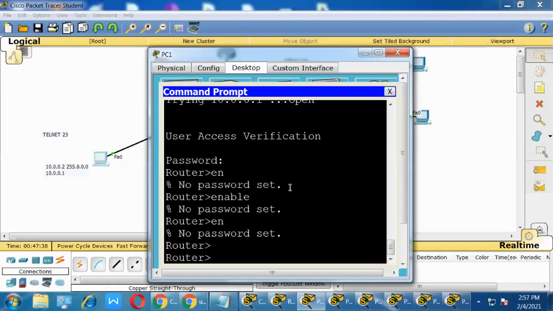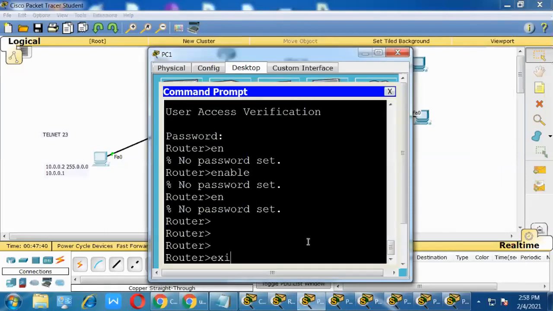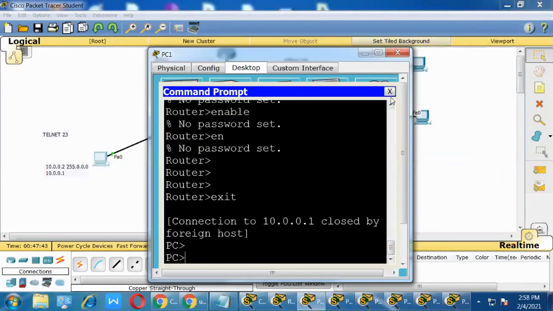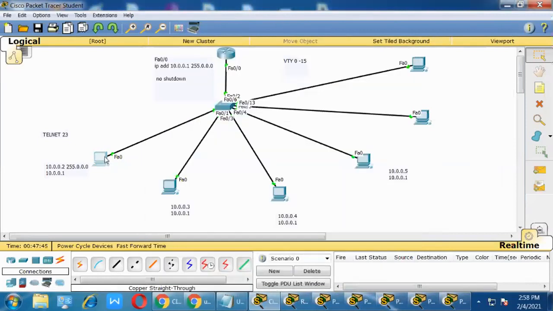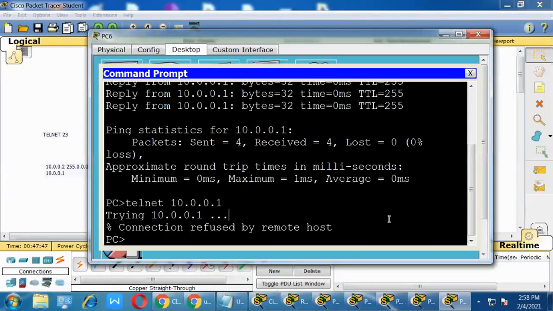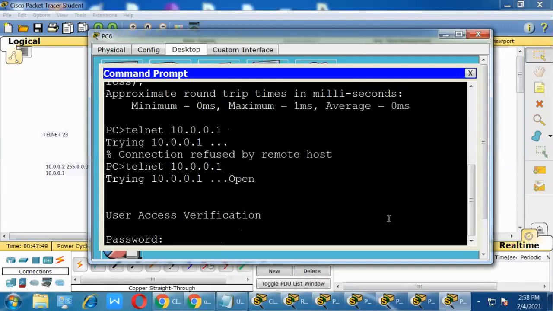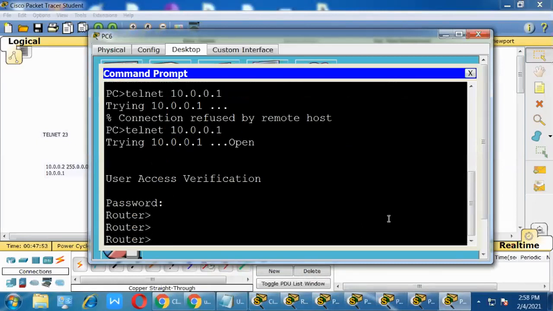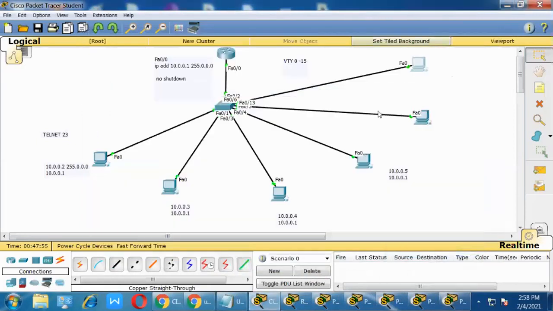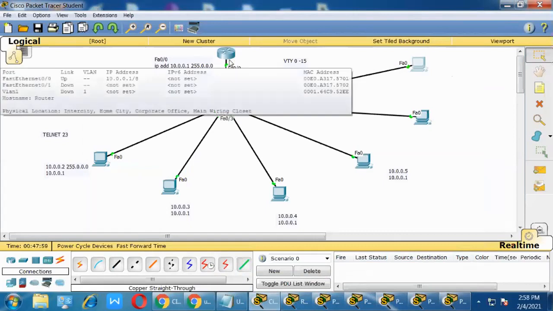If you want this user to access, you can increase the limit. Otherwise, log out from the router, and now this user can access, see here, with CCNA, right? Yes, sir, because at a time 5 users can access. So like this you can access the router. Clear, guys? Yes, sir.